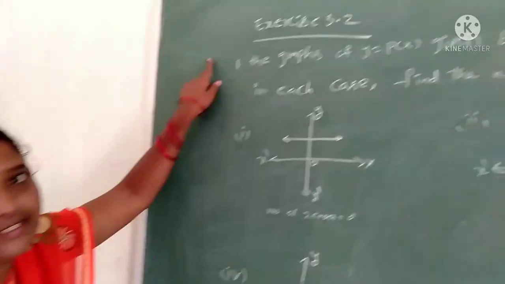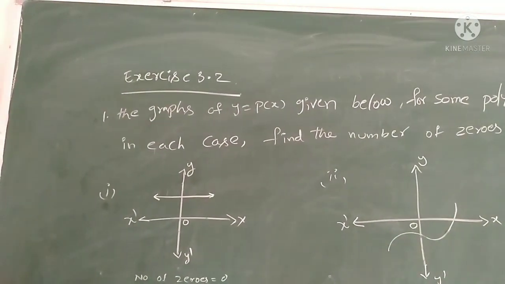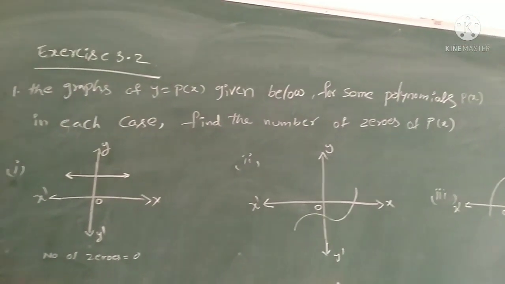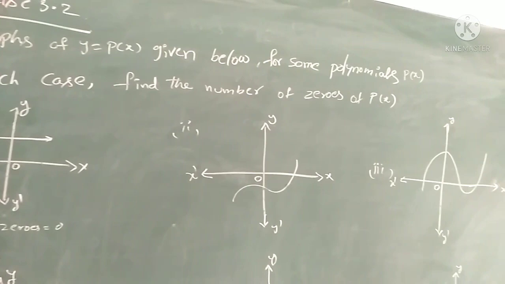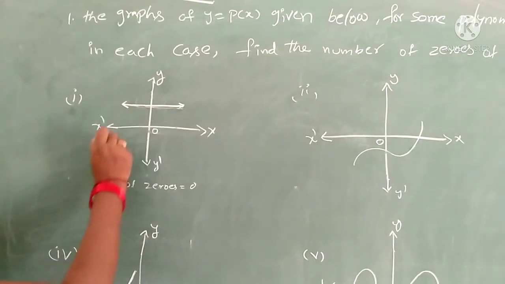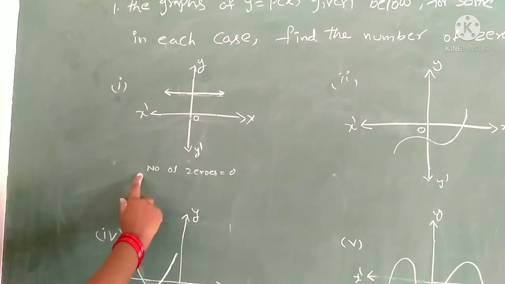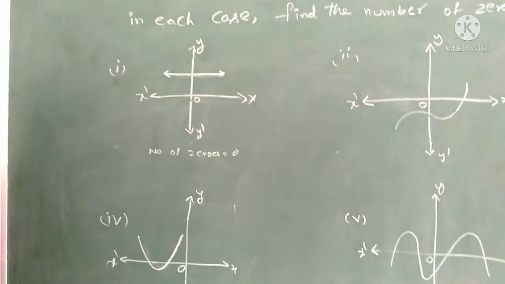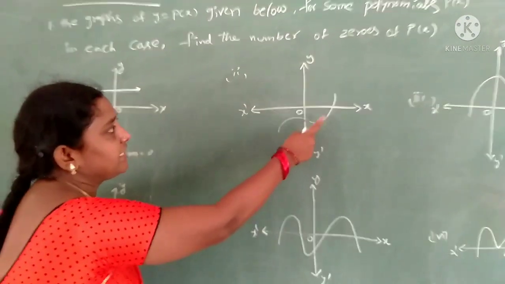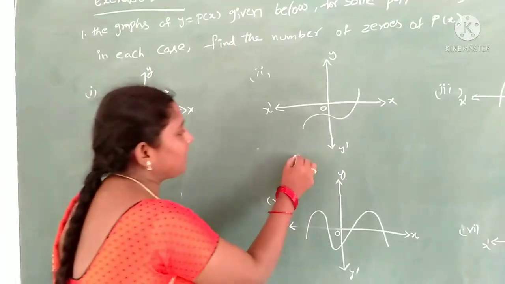Next, exercise 3.2. First problem. The graph of y equal to p of x is given below for some polynomials p of x. In each case, find the number of zeros of p of x. First problem, the graph cannot touch the x-axis. So number of zeros 0. Next one, the graph touches the x-axis at one point. So the number of zeros